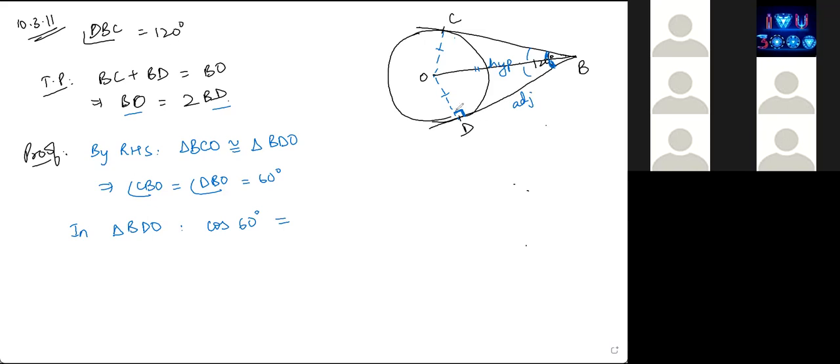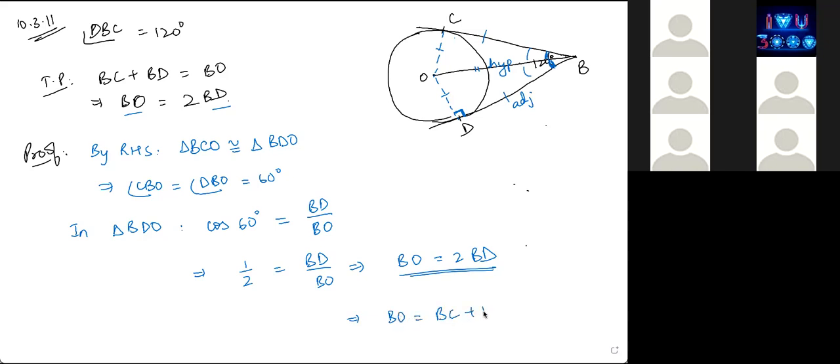Yes, but in this triangle, what will cos 60 be? I want BD by BO. Somebody who has not raised their hand to answer. So either Aditya Mundra or BD by BO. There you go, BD by BO. So cos 60 is also, as these guys have said, 1 by 2, equal to BD by BO, which means after cross multiplying we got it directly, BO equal to 2BD. Now 2BD, because BD is equal to BC, I can also write this as BO equal to BC plus BD. Both results have come, hence proved.